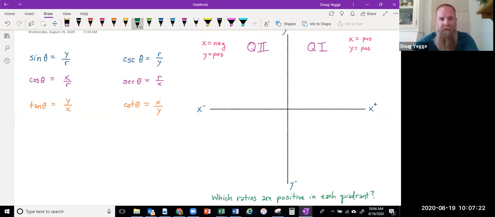Okay, so why don't we go ahead and state then that sine theta is greater than 0. While all ratios over here are greater than 0. Now we're only going to be dealing in this diagram with sine, cosine, and tangent,